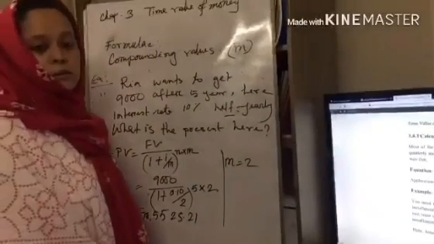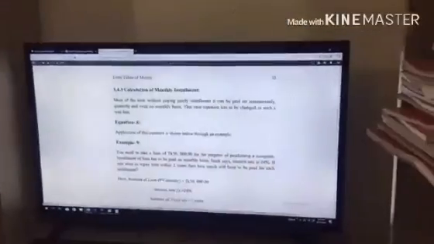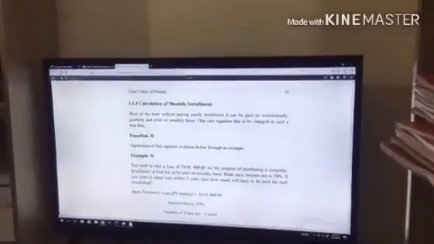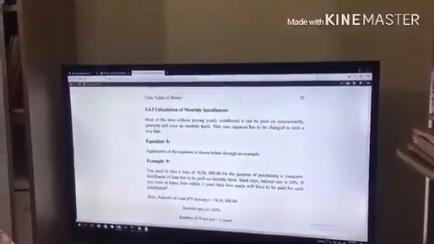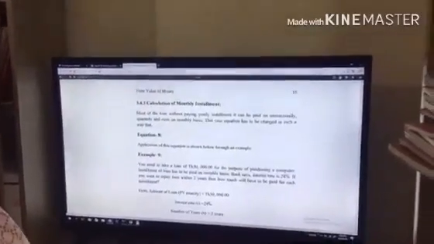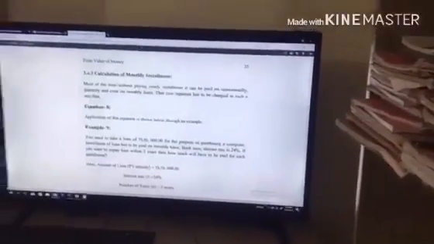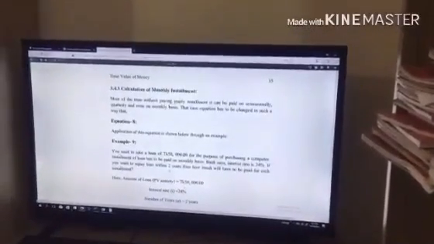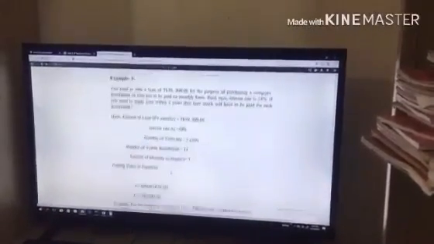And all the calculation is in your book. Calculation of monthly installment and the present value: the amount is another one, but the formula and the way are the same. This is your homework, your task, to find out how and what the calculation is.